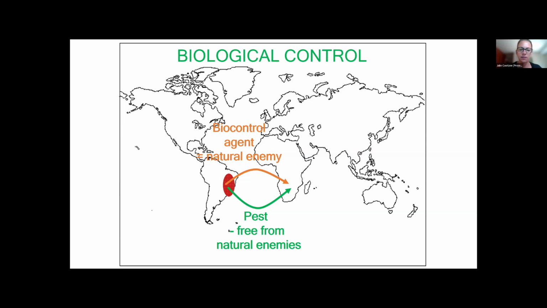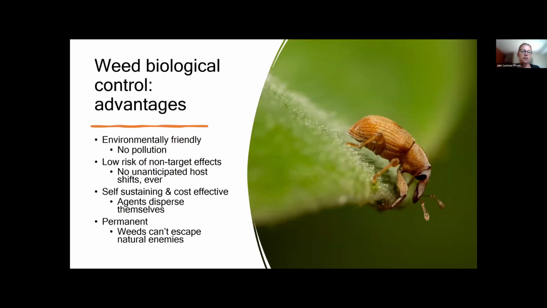And this isn't just done in South Africa. Botswana's got biocontrol, Zimbabwe's got biocontrol, East Africa's got biocontrol, as well as Australia, New Zealand, the USA, Canada. And so it's a world-recognized management tool for controlling biological invasions. And the advantages of it is that it's environmentally friendly. So we're not applying herbicides to the system to control these plants.